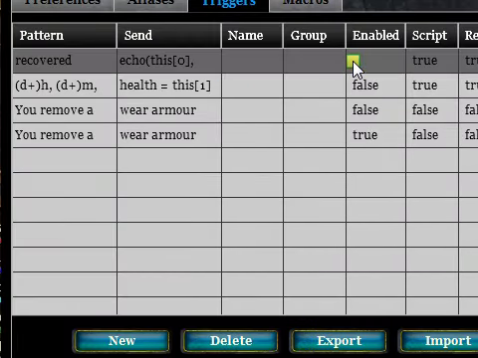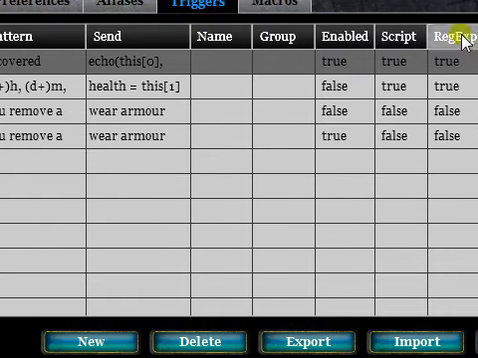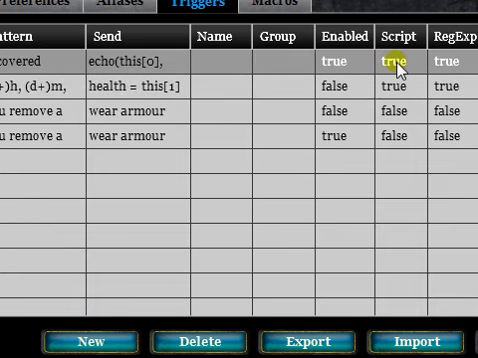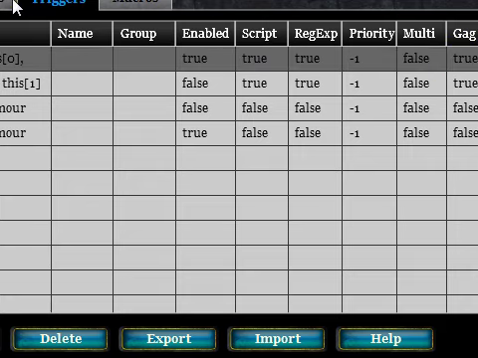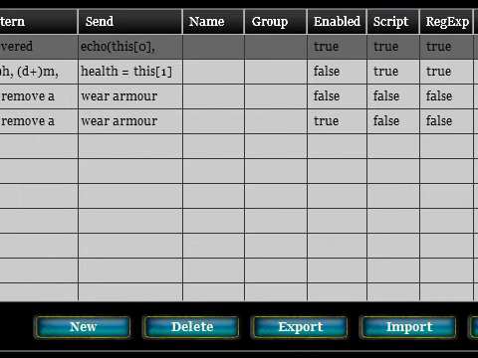And then we need to enable that, and because it's a script, we need to have script set to true and regular expression set to true, because again in the send box we're not sending it to the MUD, we're executing it as a script. And then the final thing we need to change is gag. This needs to be set to true because again we're replacing the text from the MUD. We don't want to have the line displayed twice, so gag will omit the original trigger line from the MUD output. Okay, so if we click on OK,